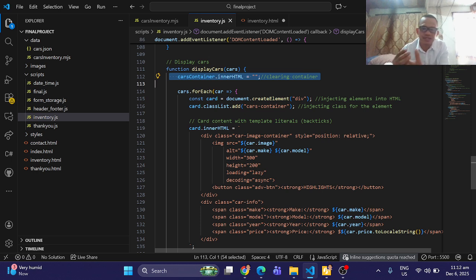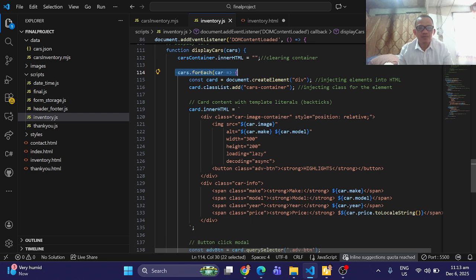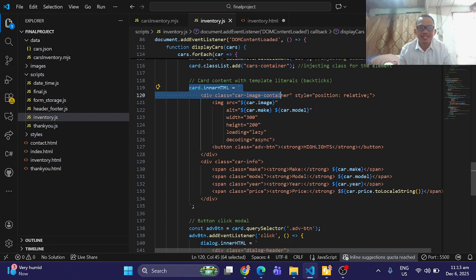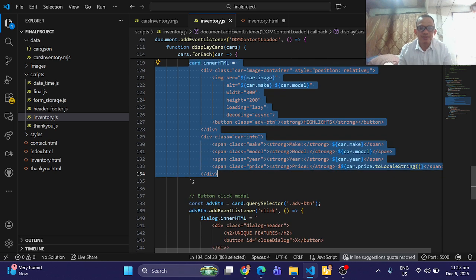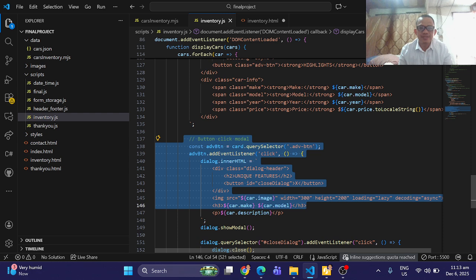If there is content, then this code will delete it. Then we are using the for-of array loop. We are creating the container div, then injecting class containers, and using template literals with backticks. And we also have the modal.